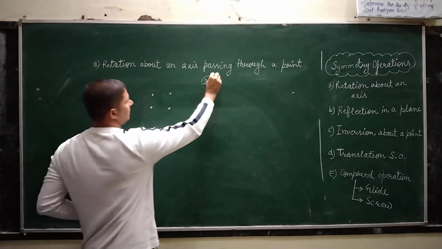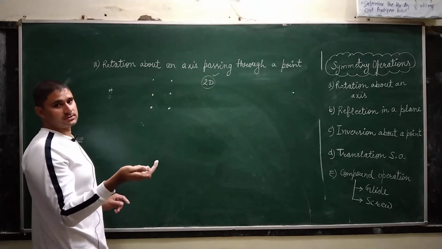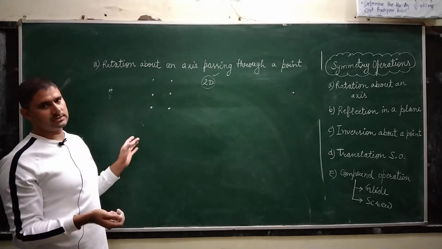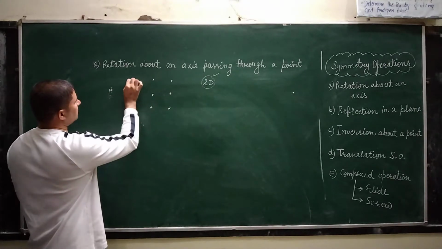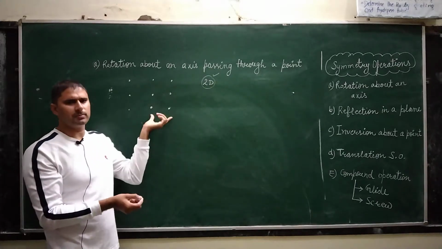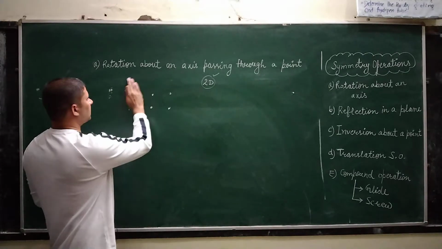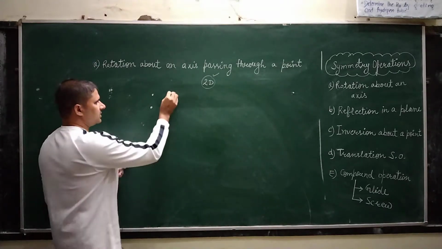So here we are talking of 2D, and if it is a crystal structure, then particles are arranged in a definite fashion and the order of arrangement is long. So for simplicity, I am showing only 4 particles and the rest of the particles you are to keep in your mind. Okay class, so here we have